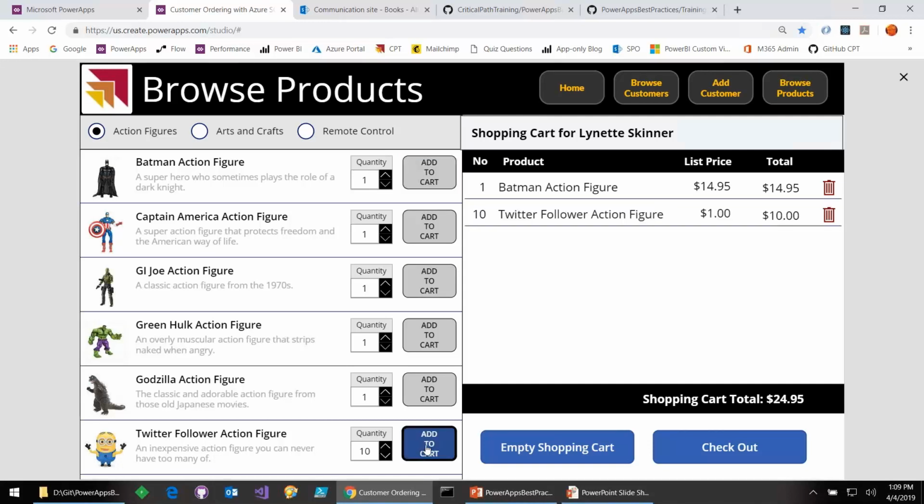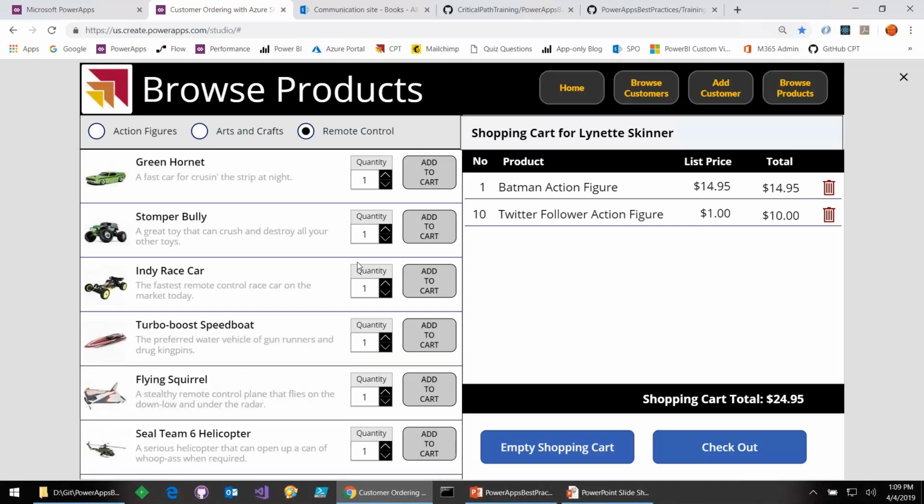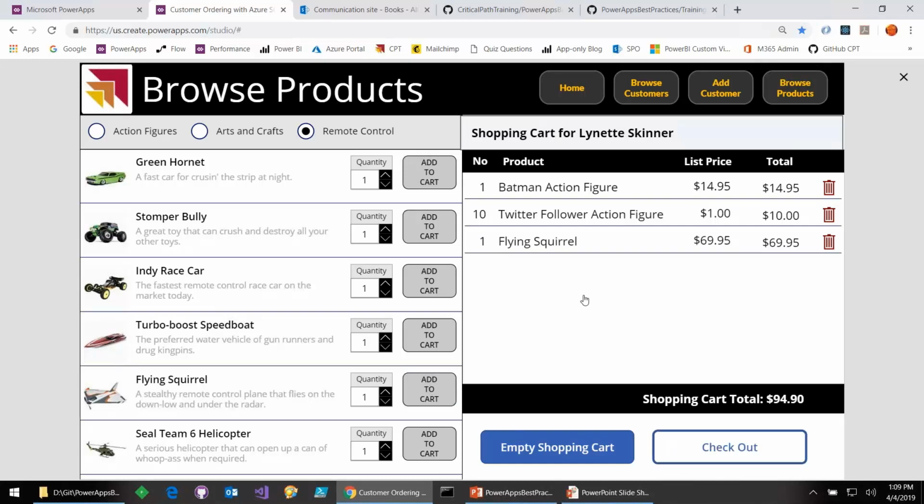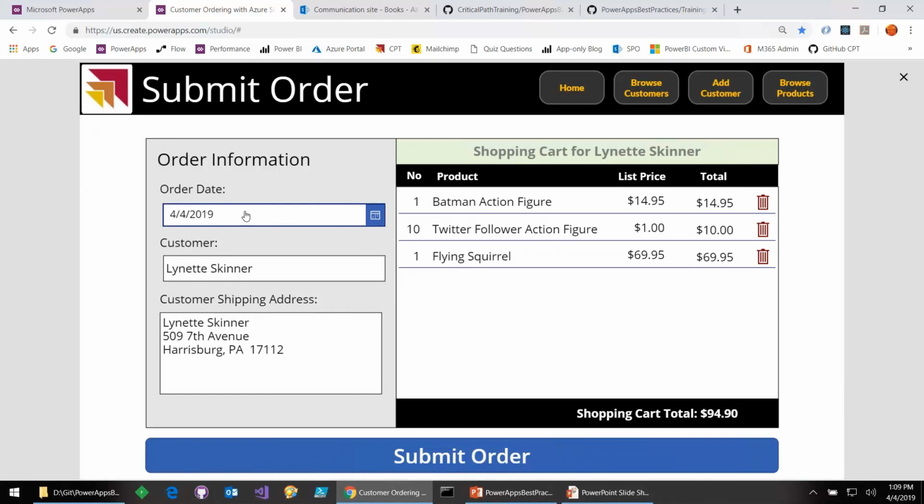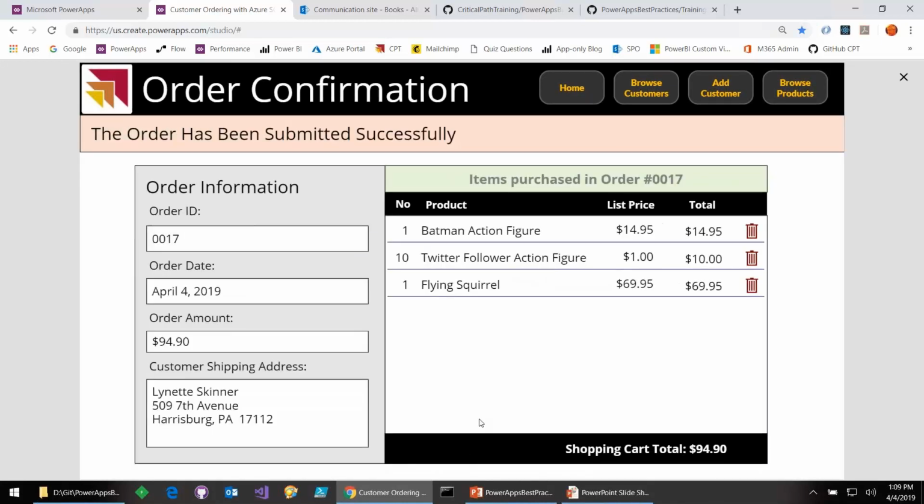Maybe I want 10 of those. Maybe we want to look at remote controls, and there's that really neat flying squirrel. Let's go ahead and grab one of those. The idea is that you're going to build out a shopping cart, and then it's going to be time to check out. So now we have the order date information, we have the ability to submit an order, and now our order has been submitted, and we've added the order record and 3 order detail records into our back-end